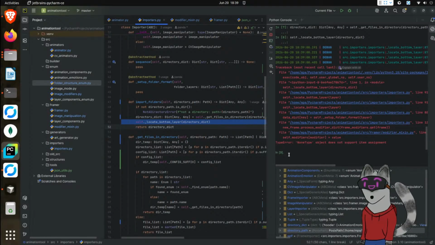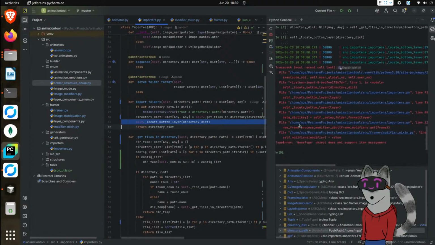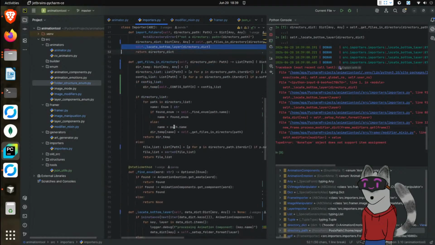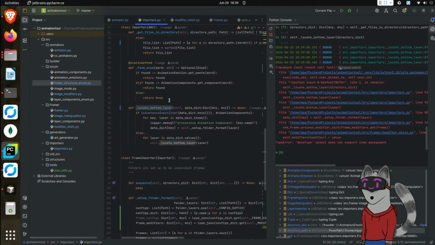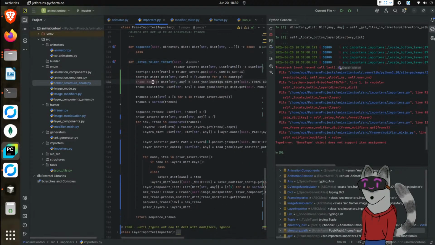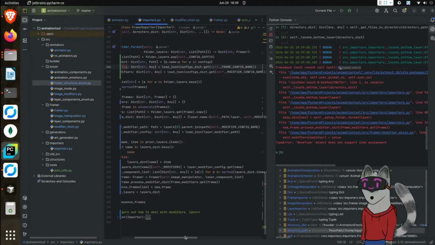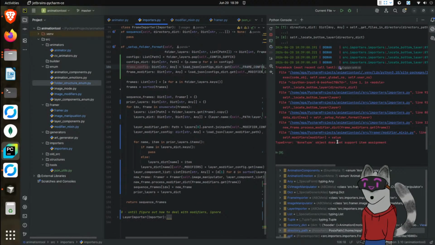And if we get into an error, all right, let's go all the way down to where we need to go. Here it is, set up the folders. I'm not using frame config, that's fine. We're not using that right now, that's fine. None type assigned. Self.modifiers.modifier is equal to value. None type value. So it's still,